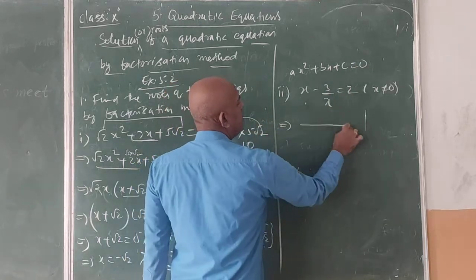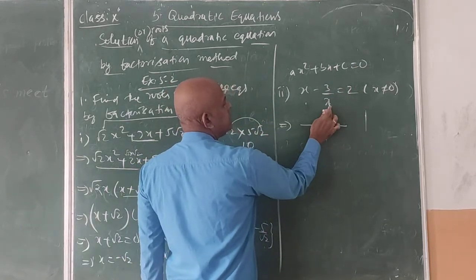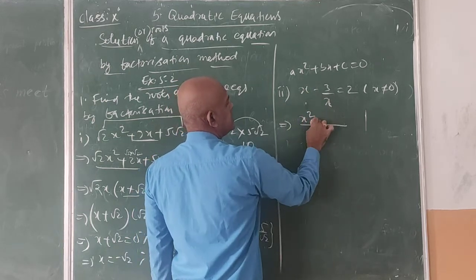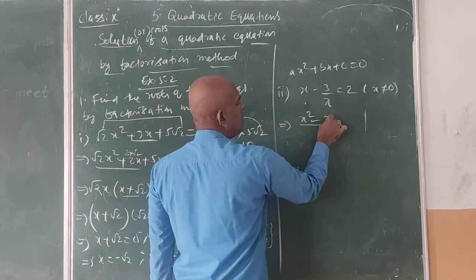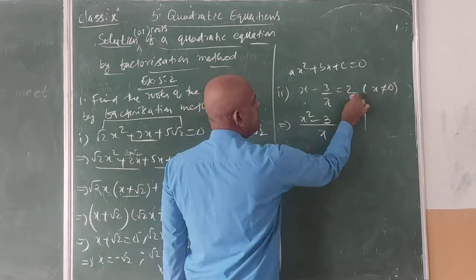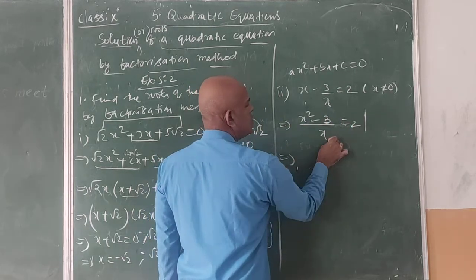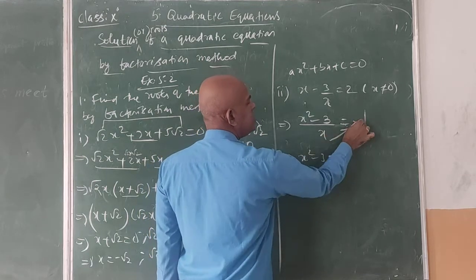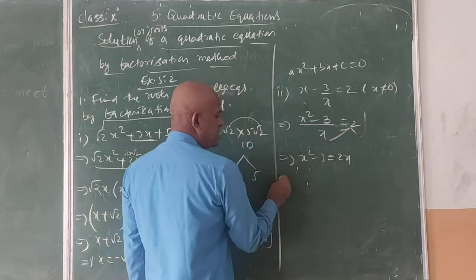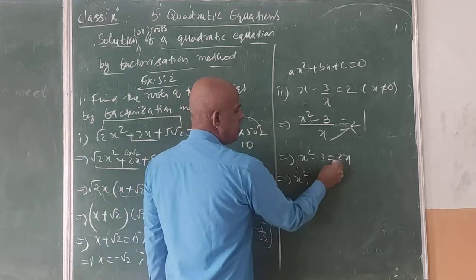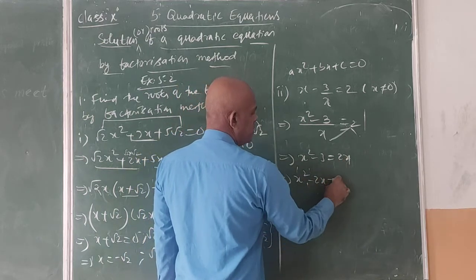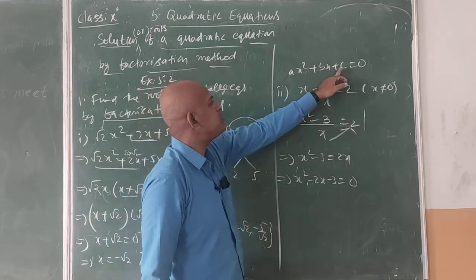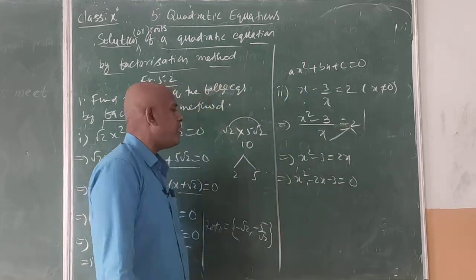Okay. So now here we will take LCM as x. When LCM is x, if there is no denominator, we have to multiply here. X into x square. Same denominator in LCM, no 3. Right side 2 as is, which implies no x transform that side. X square minus 3 is equal to x into 2, 2x. Bring 2x this side. X square minus 2x minus 3 is equal to 0. Now it is in the form of ax square plus bx plus c is equal to 0. Now it is the general form of a quadratic equation.